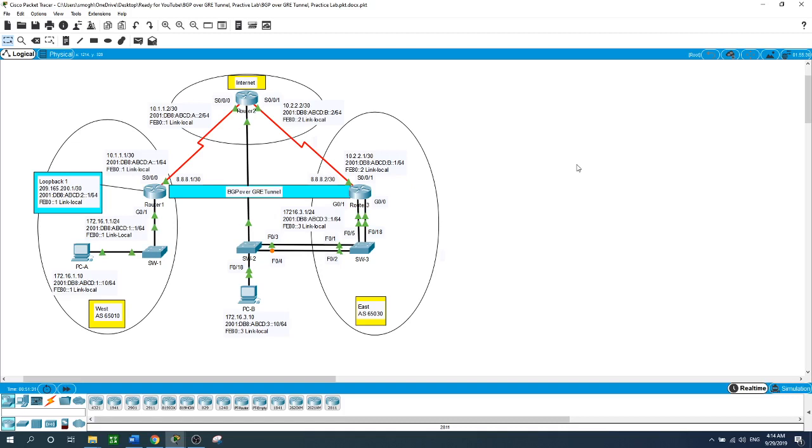SPAN, which stands for Switched Port Analyzer. Port mirroring, also known as SPAN, is a method of monitoring network traffic. With port mirroring enabled, the switch sends a copy of all network packets seen on one port or an entire VLAN to another port where the packet can be analyzed. So now here on switch 2,